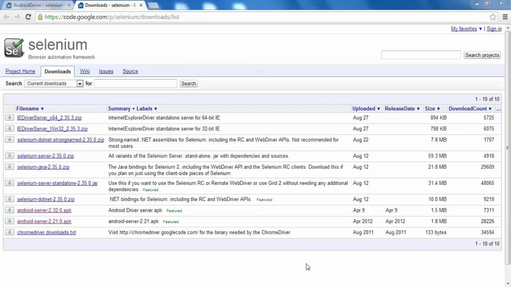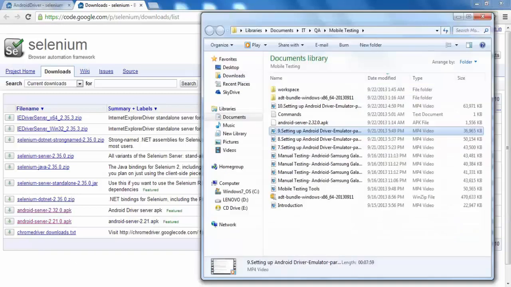So I have downloaded this Android server 2.21.0 APK, the Android server APK. This is the latest Android server jar file, actually the APK file. So I install it, and you have to install this server, Android server, within this